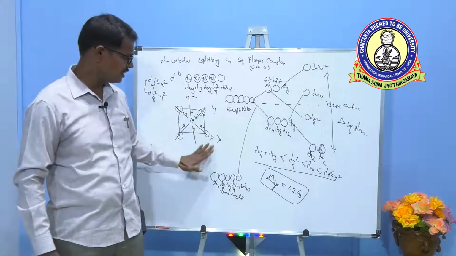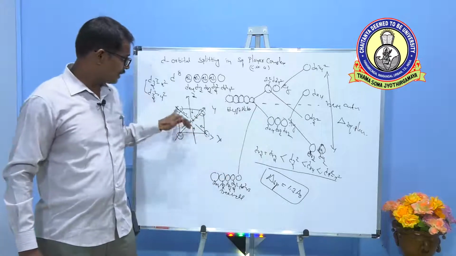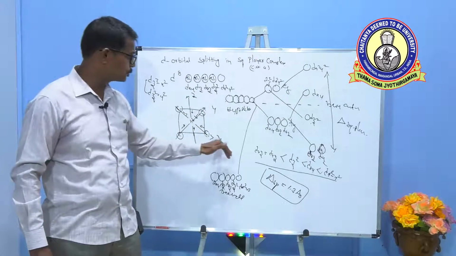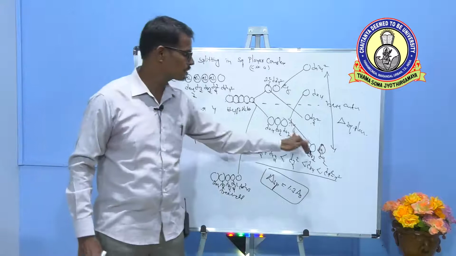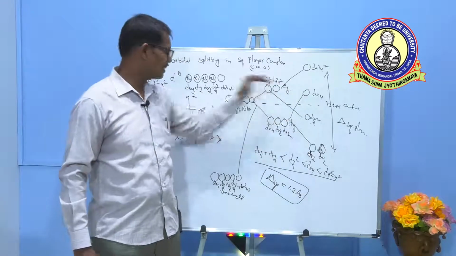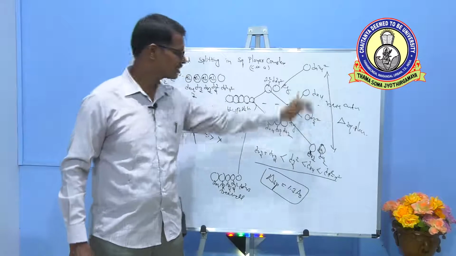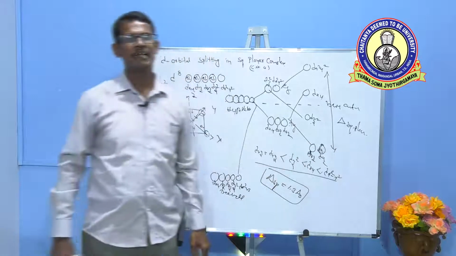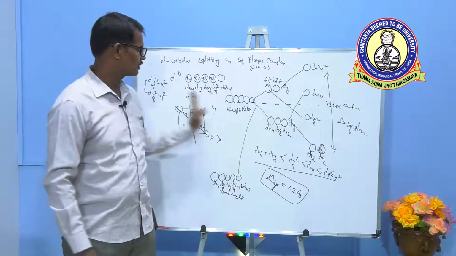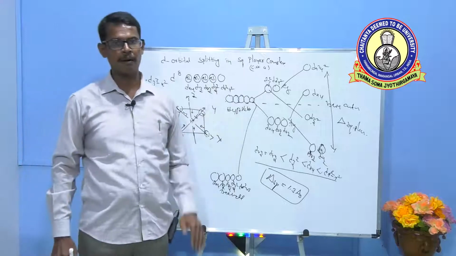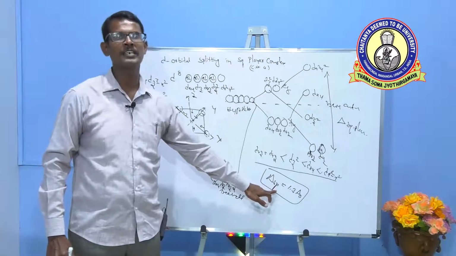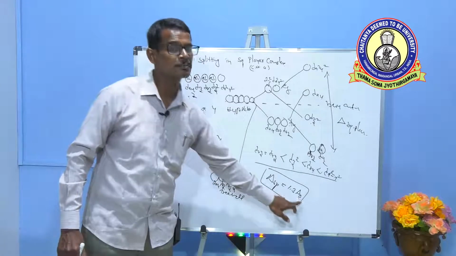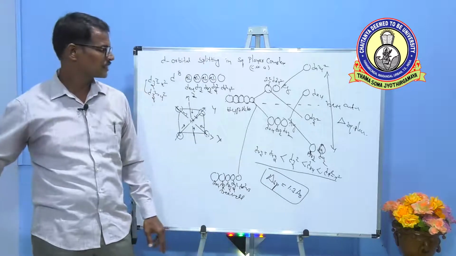See, in this complex, the ligands are present along x and y axis, no ligand along the z axis. Due to this particular arrangement, further splitting is occurring in T2g such that z orbital's energy decreases, xy orbital energy increases, and it is the order of d orbitals in square planar geometry. And this is about square planar complex. Remember, square planar complex splitting energy is more compared to the octahedral complex splitting energy, that is 1.3 times more compared to the octahedral splitting energy.